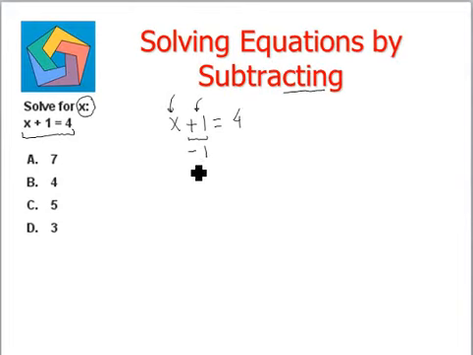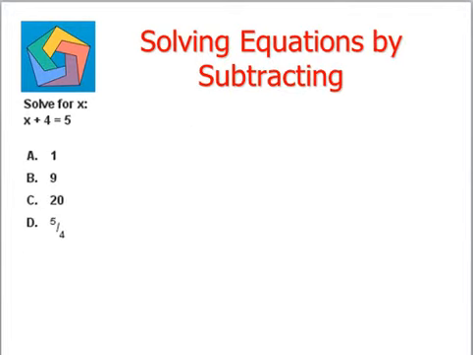Now whatever operation is done on the left hand side of the equality sign, that is we subtracted 1 here, the same has to be done on the other side of the equality sign to maintain balance of the equation. So a positive 1 and a negative 1 becomes 0. So this is x equals 4 minus 1 equals 3. Therefore the value of x equals 3 is the final answer, which can be seen in option D.